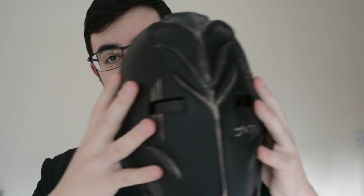It's so sturdy. I wouldn't recommend using it for combat, obviously. It's resin, if I'm not mistaken. It was crafted in Z-Craft, which, if I'm not mistaken, is a 3D modeling program in a virtual reality space. And then they 3D printed it, made a mold, and then cast it out of resin. So it has a bit of give to it, especially on the most extreme ends. And that's about it. This thing is solid,